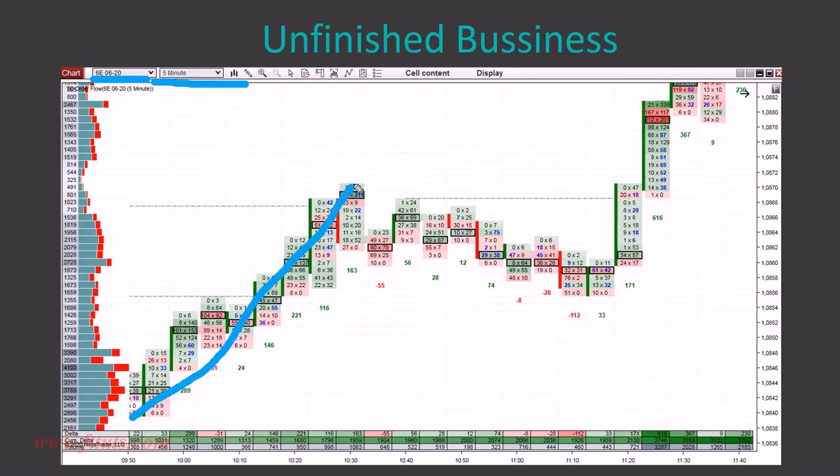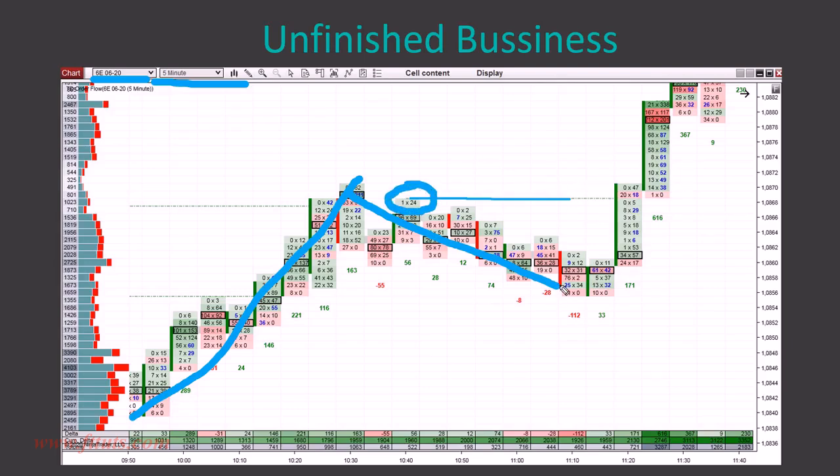There's an uptrend. Then there is a pullback. So let's say that you're not sure whether to quit your trade. You're not sure if the trend is over yet, but then you see that there is this green line, there is the unfinished business in here. So it's pretty likely that the price will test this area again because it will work as a magnet. This unfinished business in here will work as a magnet.